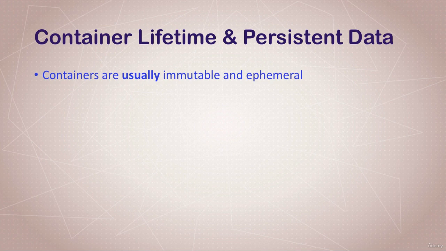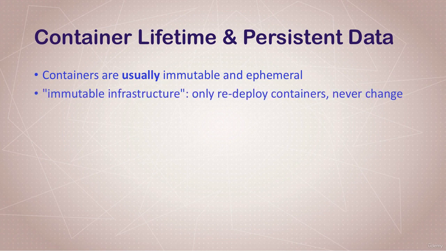But the idea here is that we can just throw away a container and create a new one from an image, right? So then we're not talking about an actual limitation of containers, but more of a design goal or a best practice. This is the idea of immutable infrastructure, where we don't change things once they're running. And if a config change needs to happen, or maybe the container version upgrade needs to happen, then we redeploy a whole new container. This gives us huge benefits in reliability and consistency and making changes reproducible, but there's a